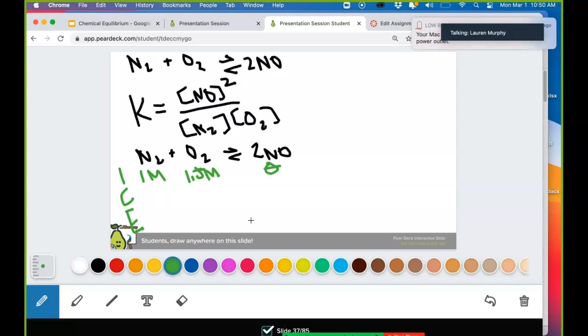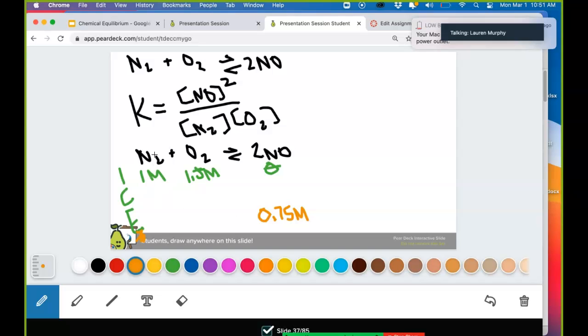Now they gave you one more piece of information. They said at equilibrium, that's here, right? E down here, this row down here. At equilibrium, you had 3 moles of NO. Well, 3 moles divided by 4 liters is 0.75. 3 divided by 4, right? Molar. So we're going to use this number to work our way backwards to figure out all of these guys'